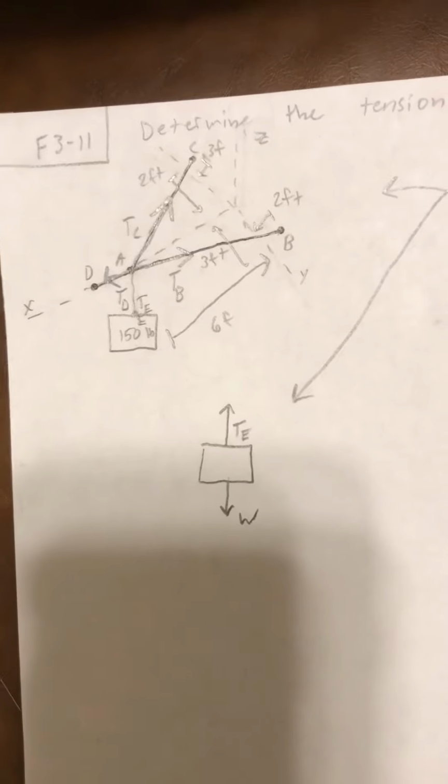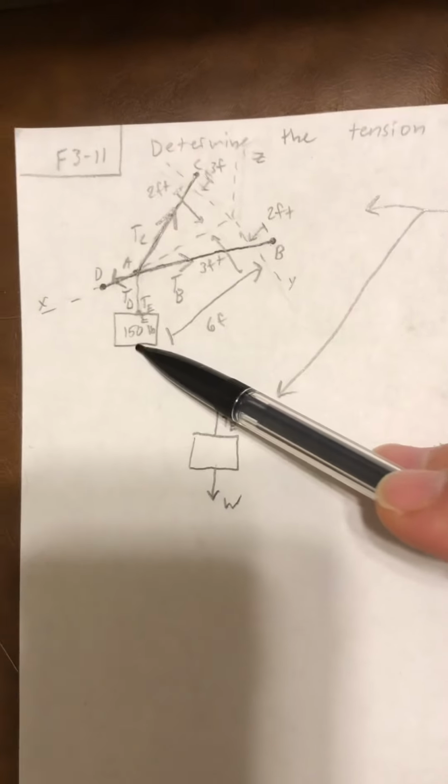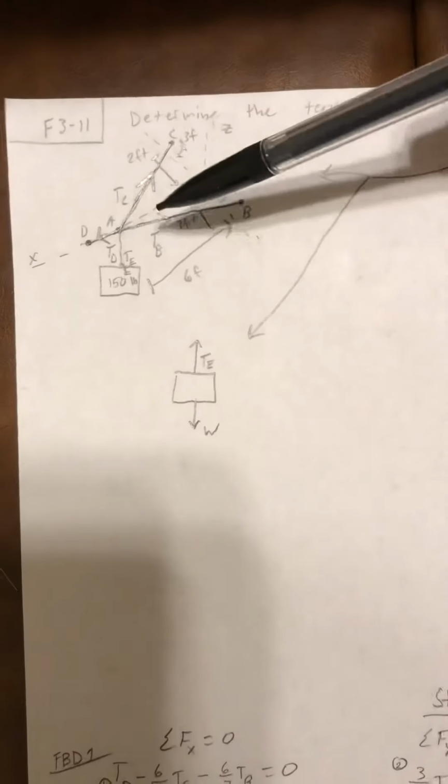For this one, I did F3-11. It's a 3D tension problem with a 150-pound weight hanging off of it. The first step to this problem is to draw the free body diagrams, and I just used the picture on